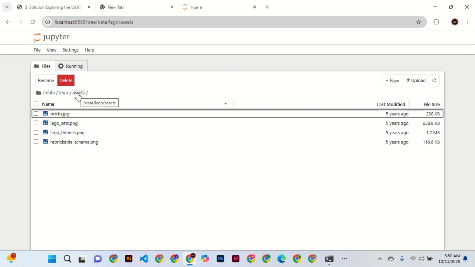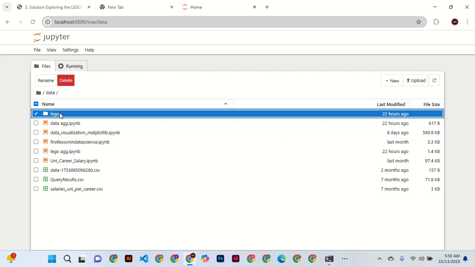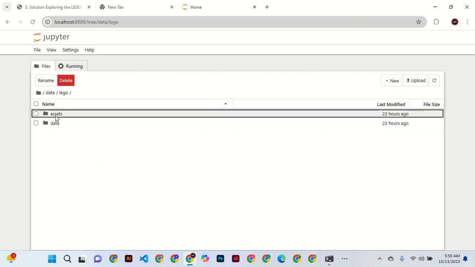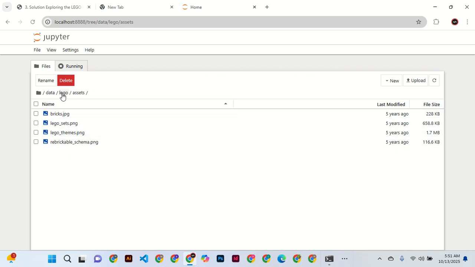And this folder is known as assets, the images only. So that we come up with this Lego folder having subfolders asset and data, where data has got CSV files and the asset has got the image files. All right,